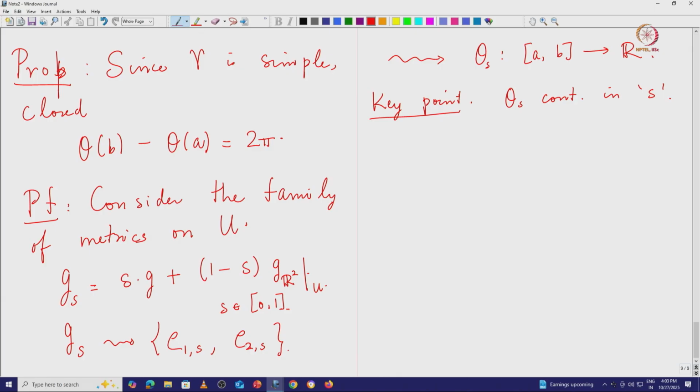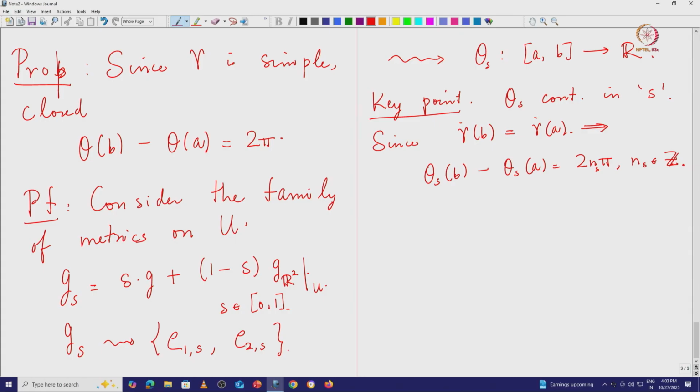But since gamma dot of B is equal to gamma dot of A, this implies that theta S of B minus theta S of A must be an integer multiple of 2 pi, because the tangent vector eventually comes back to the same velocity vector. So, it must have made a rotation that is a multiple of 2 pi,